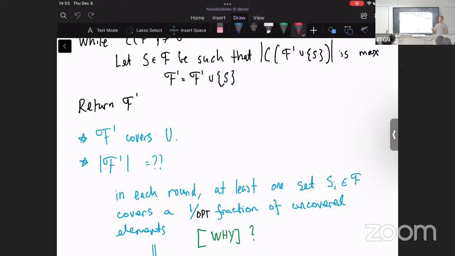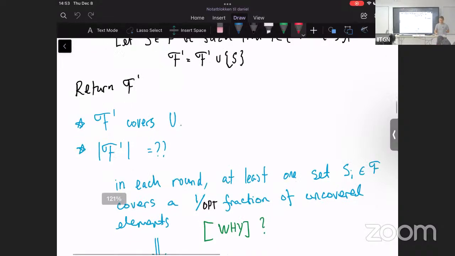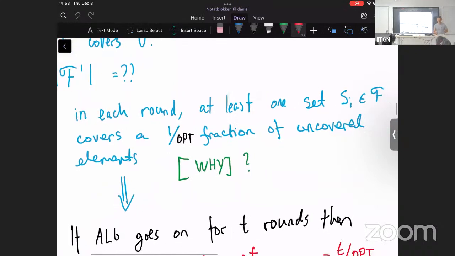So all you care about is the size of F prime. I claim that in each iteration of the loop, at least one set in F covers at least a 1/opt fraction of yet uncovered elements. That's for the tutorial, but believe me that happens. At least one of the sets in F covers at least a 1/opt fraction of the yet uncovered elements,